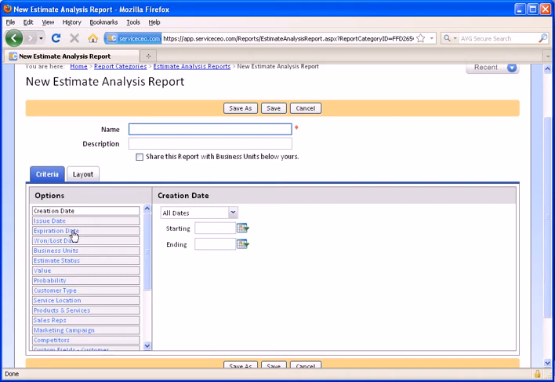The expiration date is the day that the estimate expires. You set your default estimate days before expiration on the Company Information tab. That's added to the issue date to come up with the expiration date. So if the issue date is April 1st and you have a 30-day window, the expiration date would be May 1st. The won and lost date allows you to set up filters on the date that a decision was made,